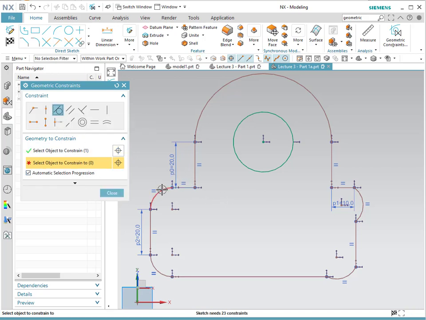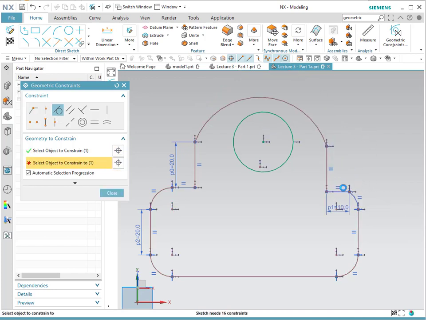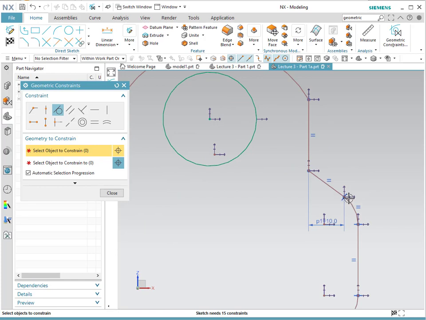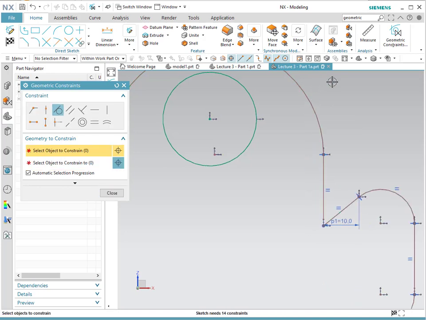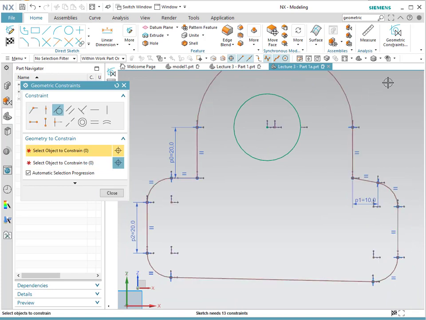I'm going to do this is tangent to this, this is tangent to this, this is tangent to this, this is tangent to this, and go around. Notice that as you go around, the line on top of the circle shows up, which indicates that it's going to be tangent. Notice that as we were doing the tangent, we started in another location and we went our way around, and